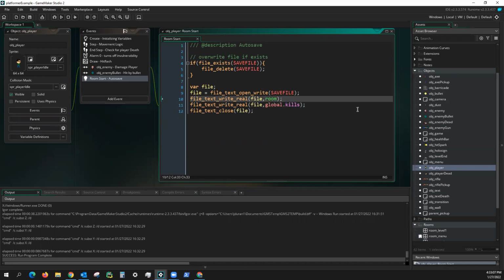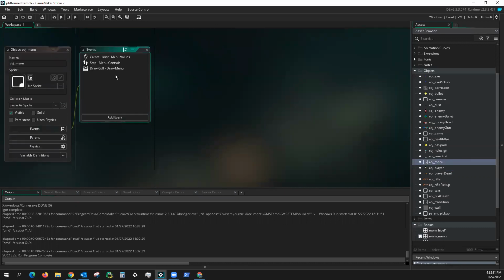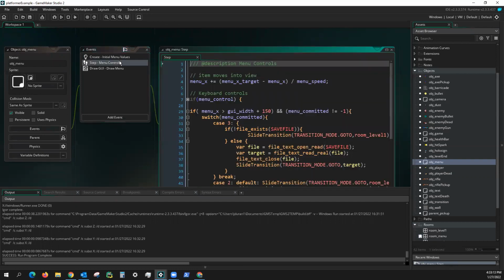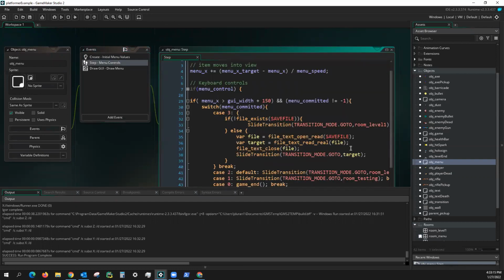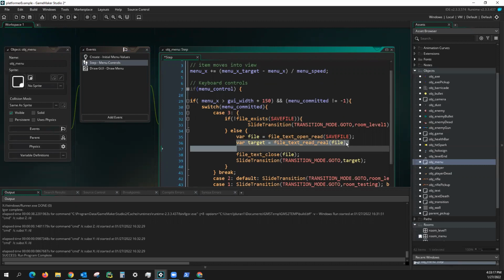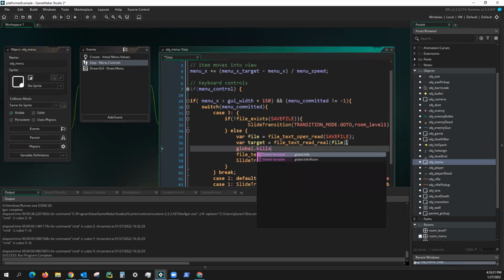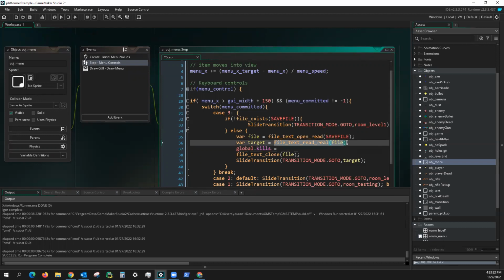Then back over in menu, under our step event, over here, whenever we read in a file, we're going to have global.kills get updated to file_text_read from our file. With this, we will now have the ability to load into the game with the correct numbers,